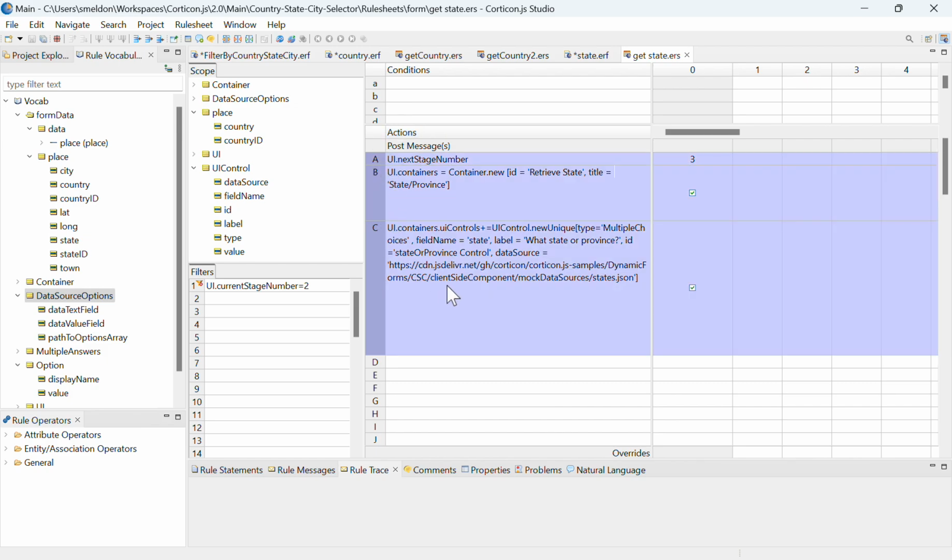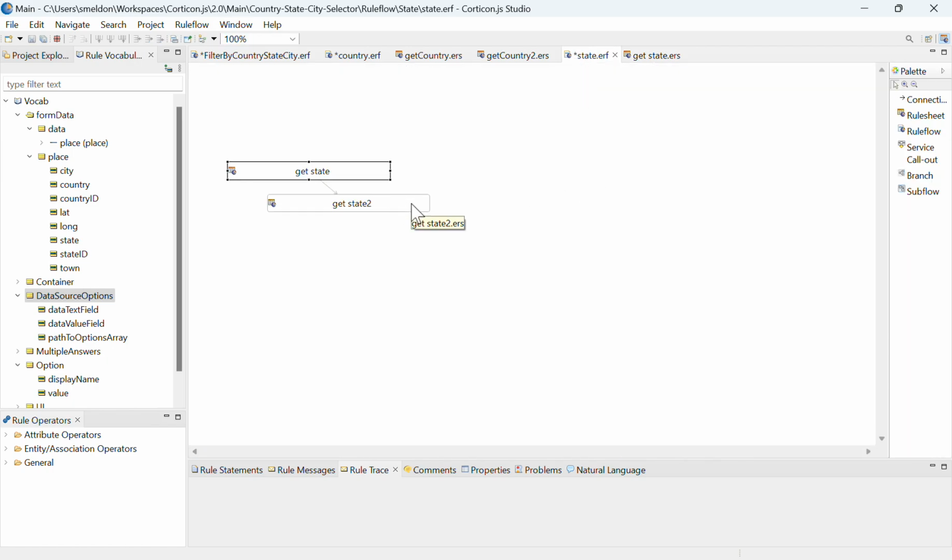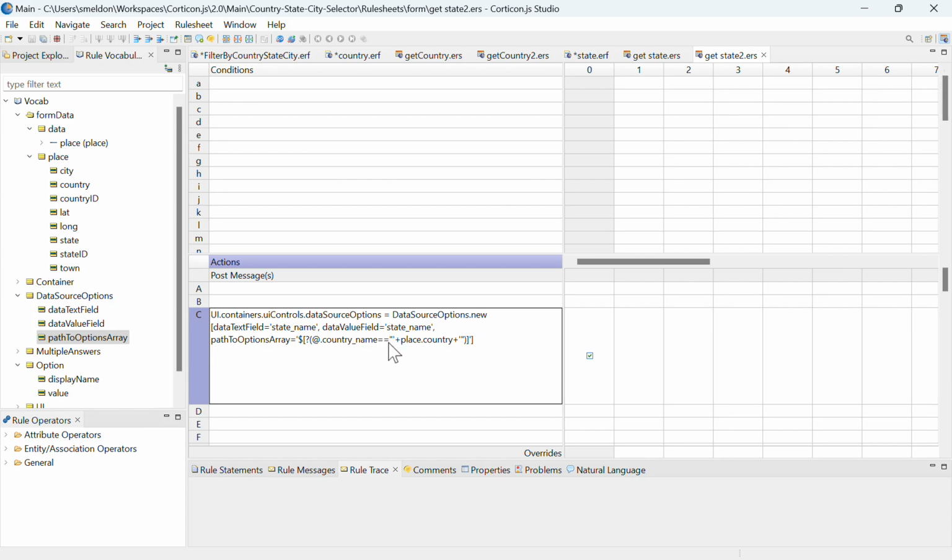But now, instead of merely having this endpoint and then creating the second rule sheet with the drop downs, only defining the data text field and data value field, I'm bolstering that by pointing the front end to the path to options array. So I'm dynamically populating this JSON path definition, in addition to just these field names like before, and I'm adding in the path to options array equals, and then I have my